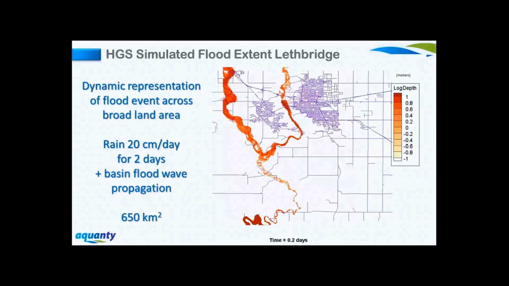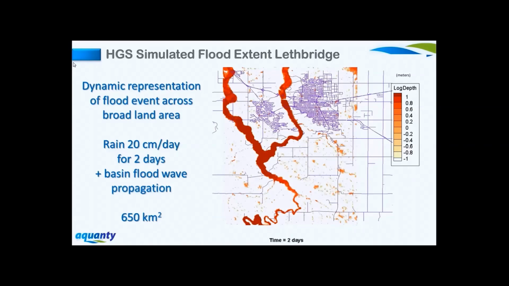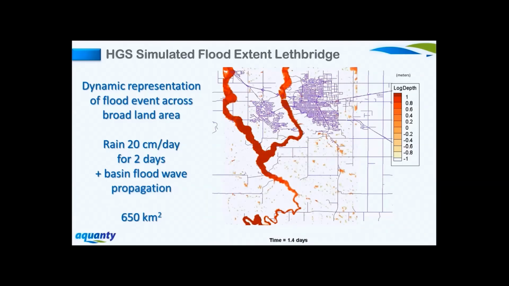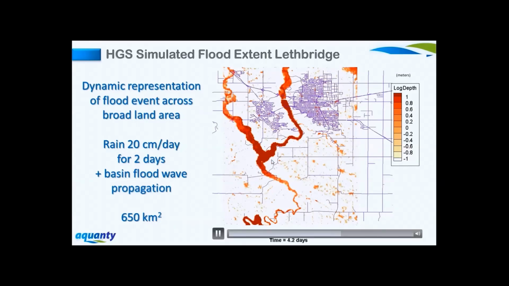So now we're going to look at a local scale simulation of two rivers and the confluence of those two rivers up above a municipal area. So what we're actually tracking here is the movement of the flood wave across the topography in response to that precipitation event. And here we're actually looking at boundary conditions that are imported from the sub-basin scale model. And we can see based on the topography, we don't get a lot of overland flooding in response to that event within the municipal areas. But what we do generate